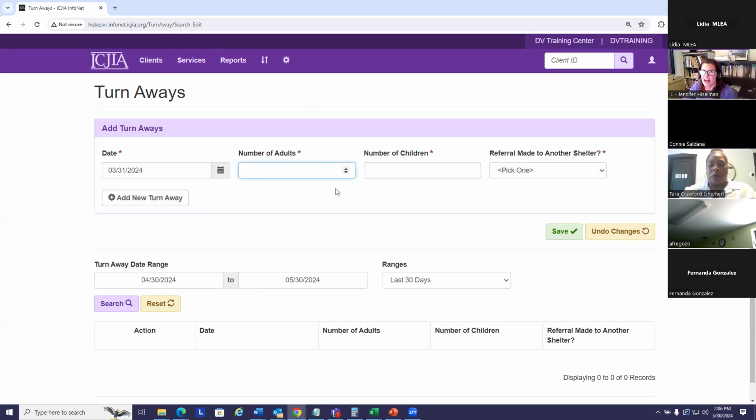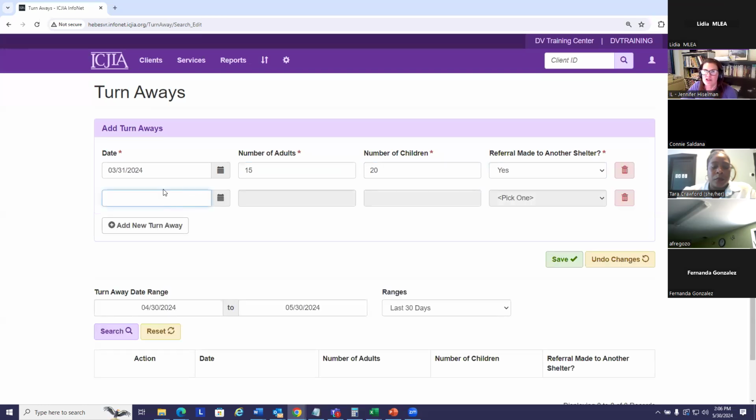And I just want to enter a grand total of adults that I needed to turn away from emergency shelter during the quarter due to lack of bed space. So I'm going to say 15 adults, 20 children, and this is one area where you may have to split up the record. Maybe I was able to refer these folks to another shelter. So I'll say yes. But then maybe there was one family, so I'm going to make the same date,